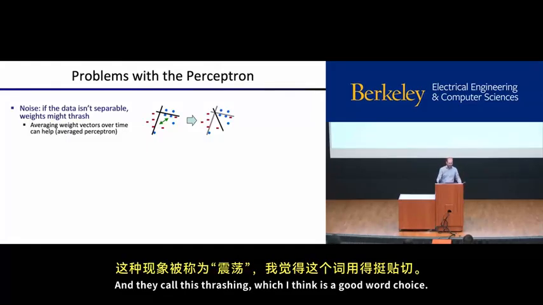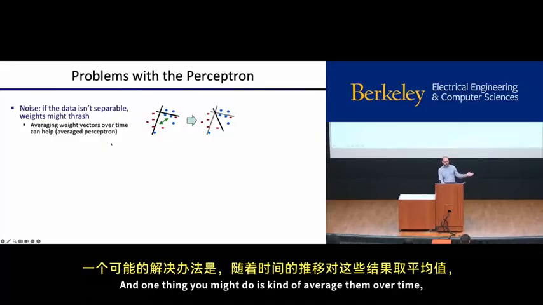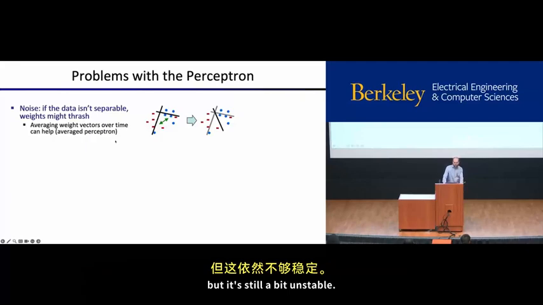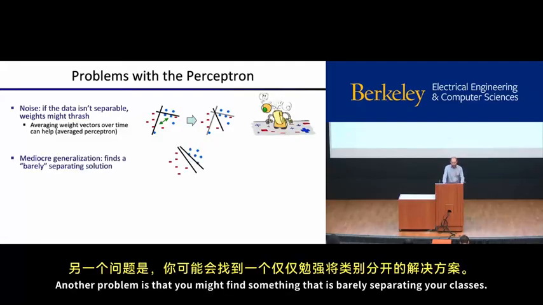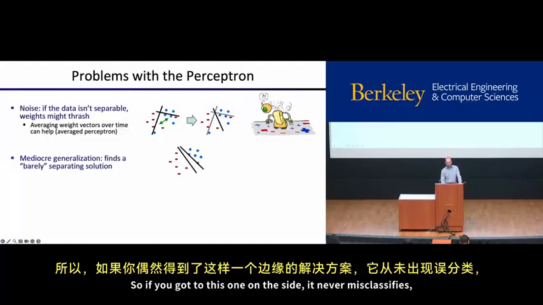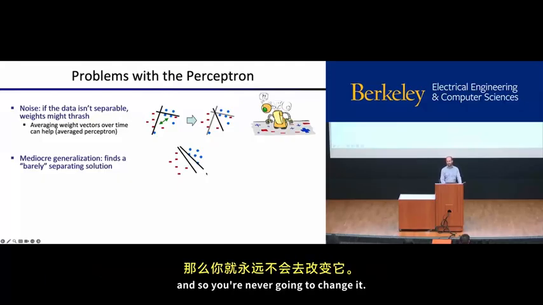And they call this thrashing, which I think is a good word choice. And one thing you might do is kind of average them over time, but it's still a bit unstable. Another problem is that you might find something that is barely separating your classes. So if you got to this one on the side, it never misclassifies, and so you're never going to change